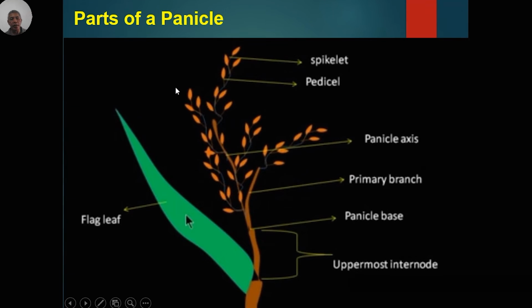Let's proceed to the panicle. This is an image of a panicle, and this one is what we call the flag leaf. Then the uppermost internode, the panicle base, the primary branch, the panicle axis, of course, the spikelet and the pedicel. The panicle is the most important part of rice as it determines